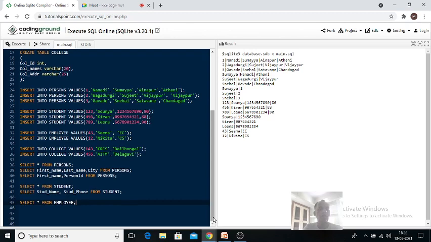Okay, now select star from college. Okay, we'll try to execute this. See here now, line number 46, no such table college. Check the spelling then. Okay, what is the name you have given while creating it?